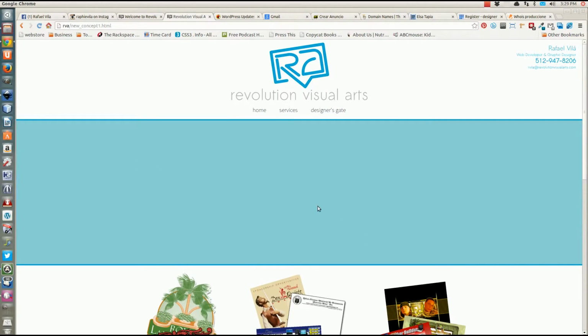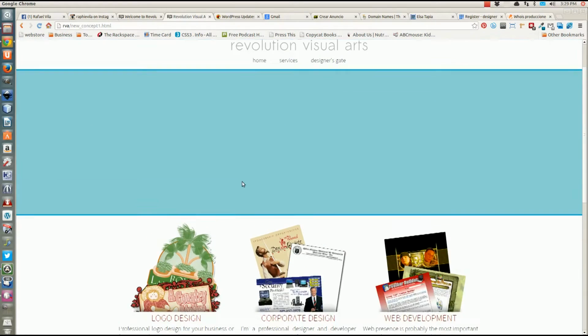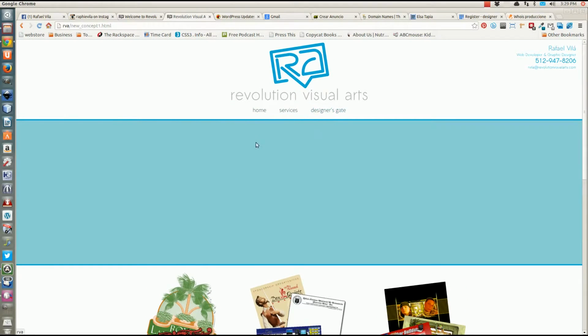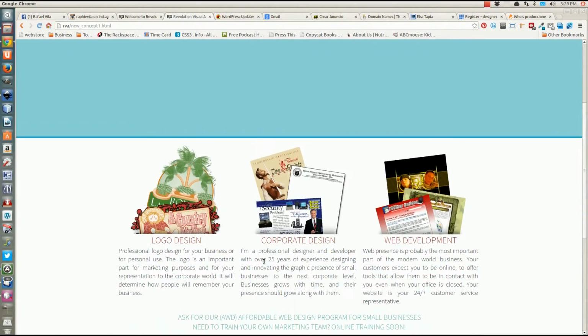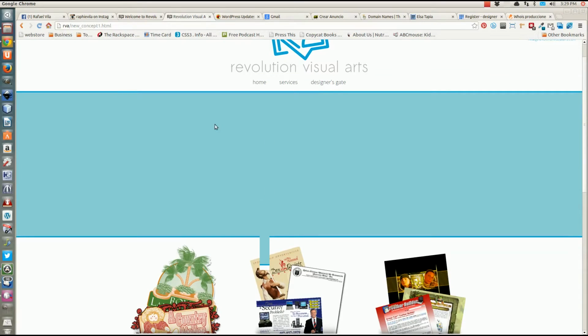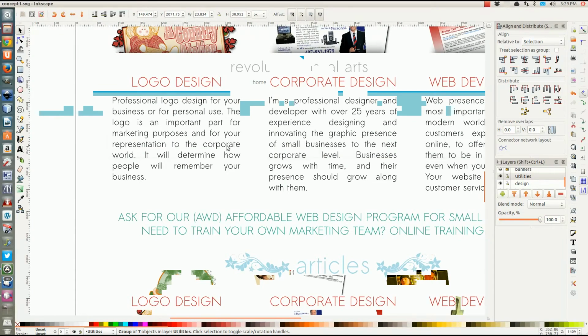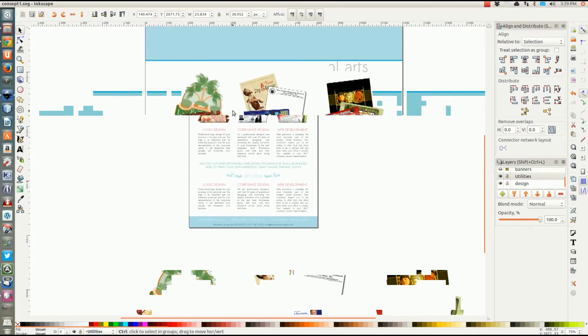Here is going to be my portfolio, images, a slideshow of my portfolio, and obviously services, and the standard navigation is going to be a simple navigation. And all this was designed in the amazing Inkscape, and I'm going to show you how to do that. Well, I have a project that I'm working on, and I'm going to use it as an example to create our